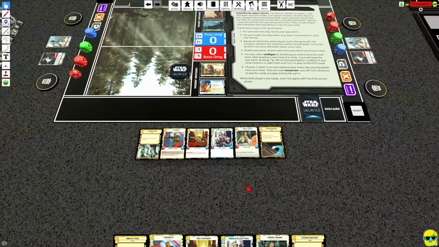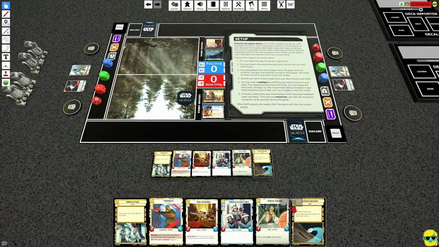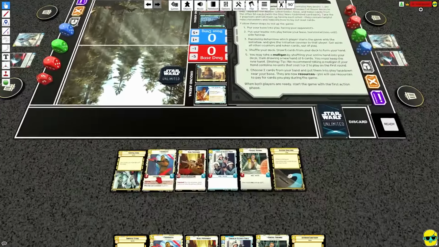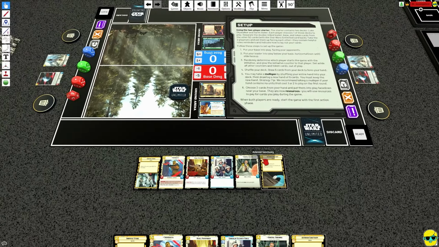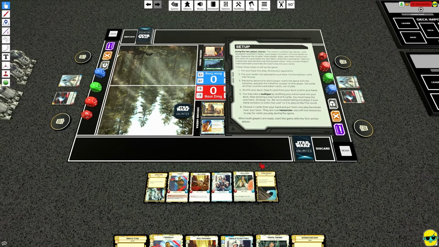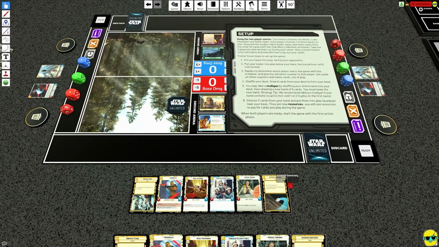Now, it is worth mentioning, I can see these cards, but only the red player and the game master or spectators can see the hands. The other player, the blue player, cannot see these. They are not visible on their side if you're playing online or even hot seat or whatever. You want them to maybe not look at the screen or something, but these are hidden from the other player. So at this point, you decide whether or not you want to take a mulligan, and